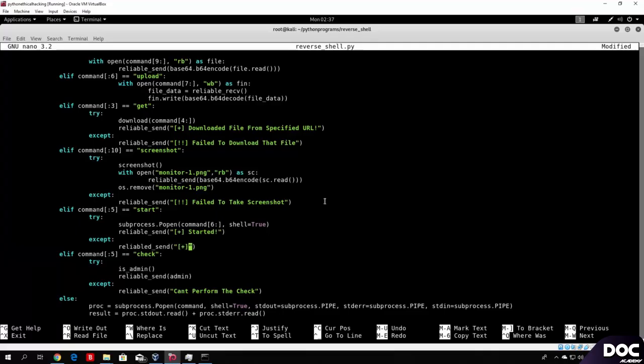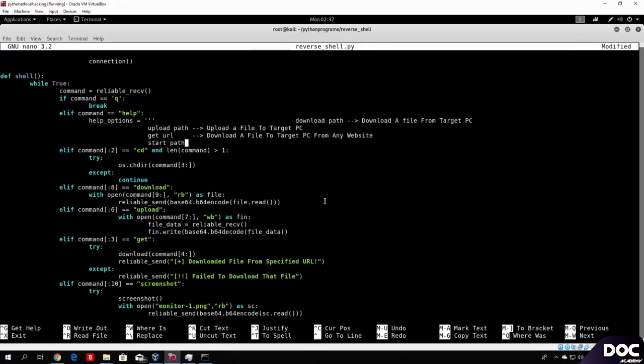So plus, or not plus, we need two exclamation marks, or you can use a minus, whatever you feel like it. And then "failed to start". Okay, so that part is coded. So right now we can add it to our actual help settings. So --start, start a program